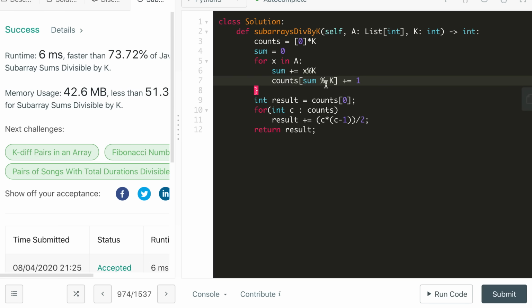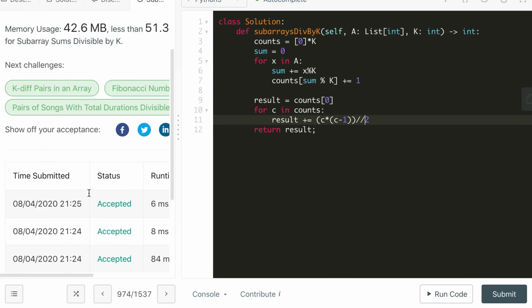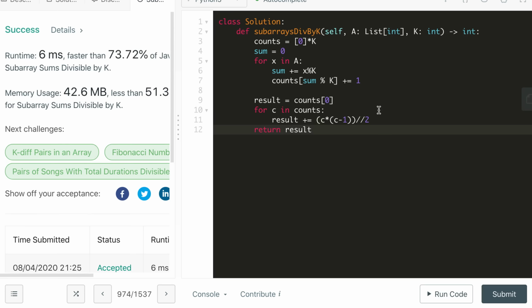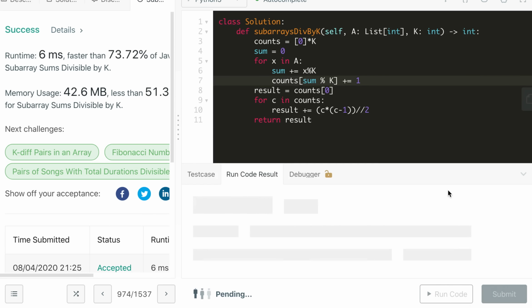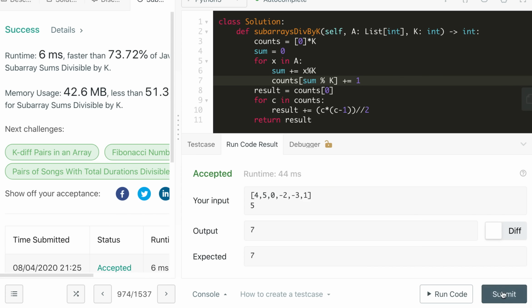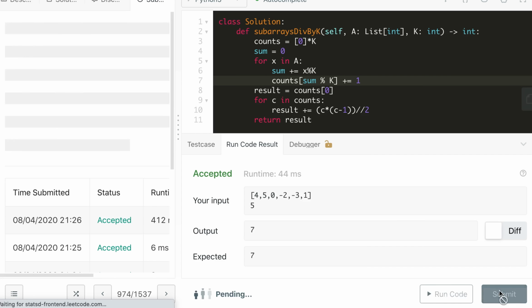So we could have done it in one line, but let's skip it. And this should be integer division, otherwise it will return 7.0 for this case. So make sure to change that. And the Python solution is also accepted.